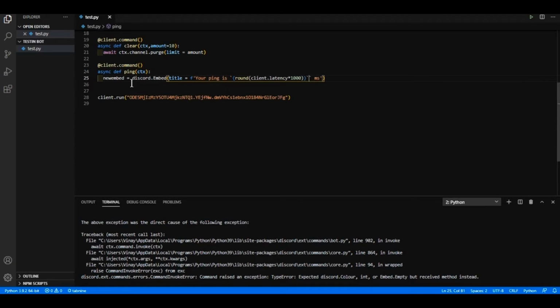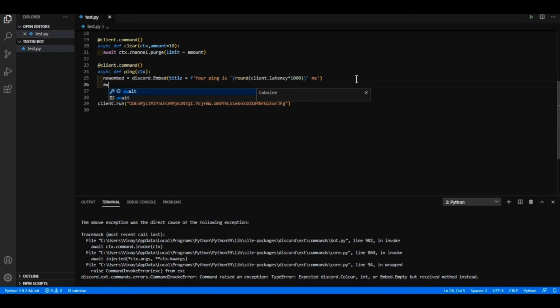Add a backtick over here too, and now we're gonna send this to the channel. So await ctx.send. Wait, I misspelled that. embed is equal to new embed.